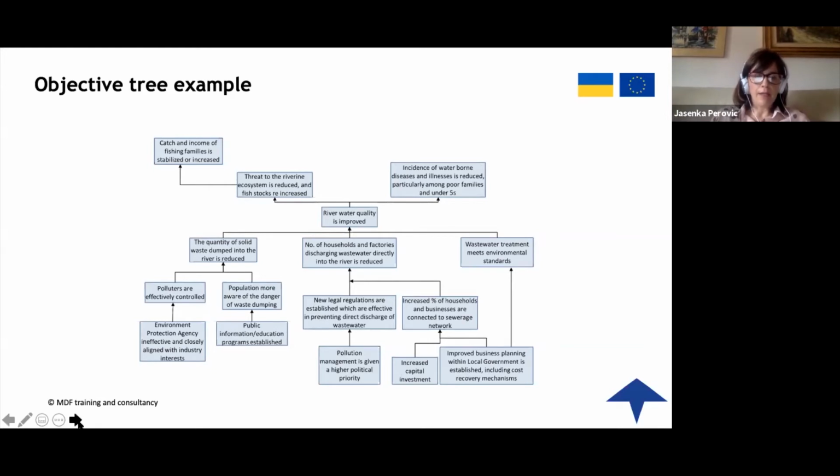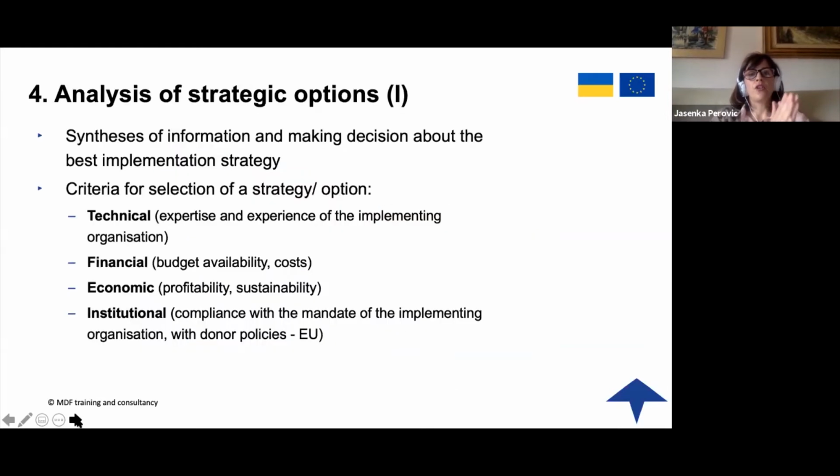So then the last analysis is the analysis of strategic options. You look into the objective tree and examine, during this stage, which parts of the objective tree will stay in and which will go out. And you try to apply certain criteria while doing it. So for example, technical: do you have expertise and experience of implementing all of it? Financial: what is the budget available? What are the costs for some of the elements you identified in the objective tree? Economic,